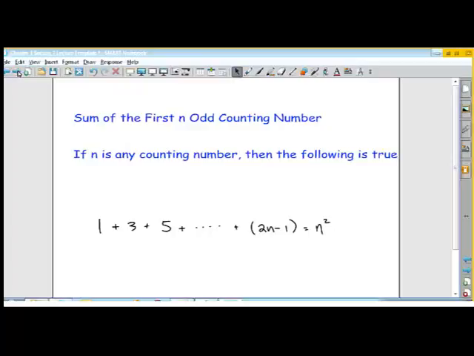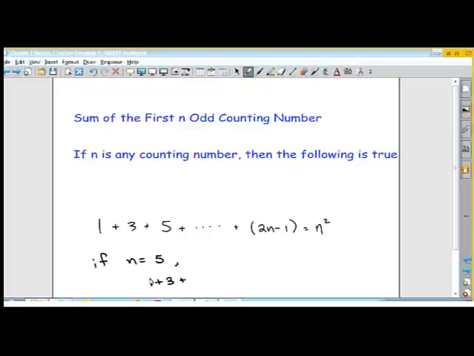What do you need to know? You don't have to memorize this. You just need to know, if I gave this to you and I said, what's the answer? You'd have to just use it. So if I said, if n equals 5,